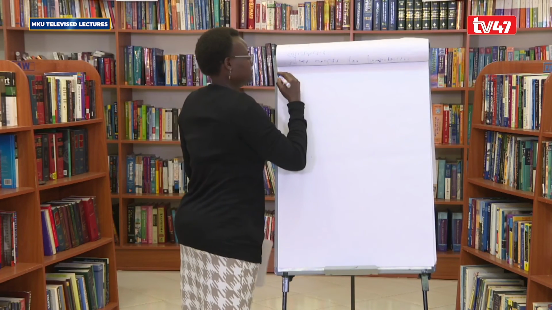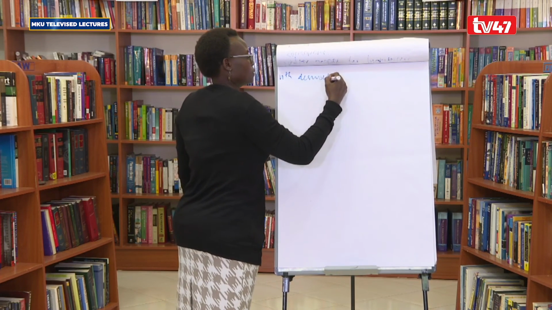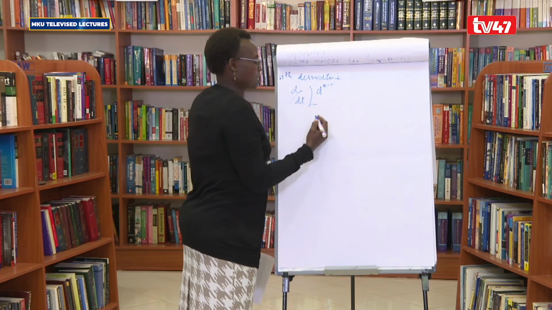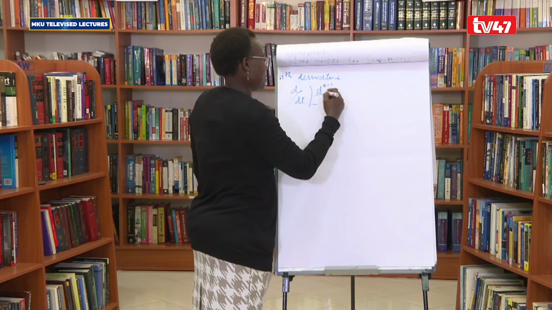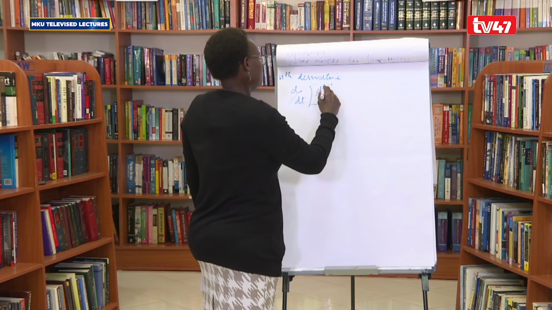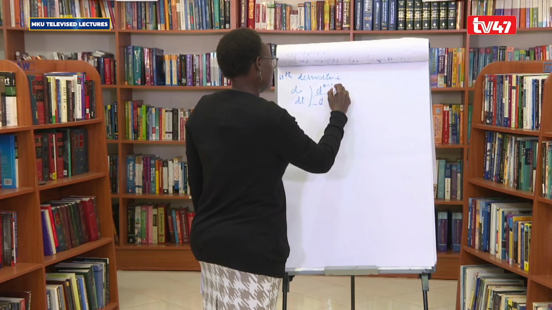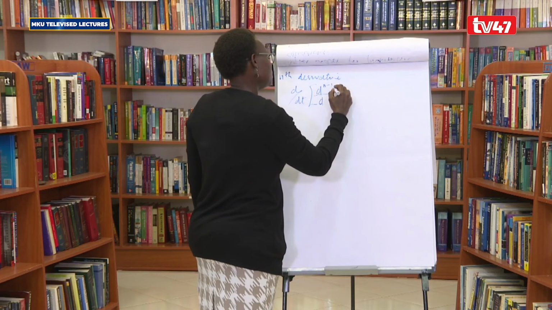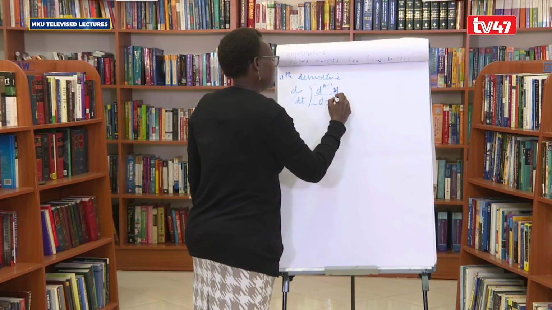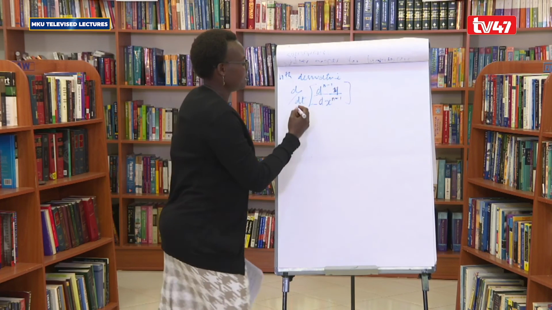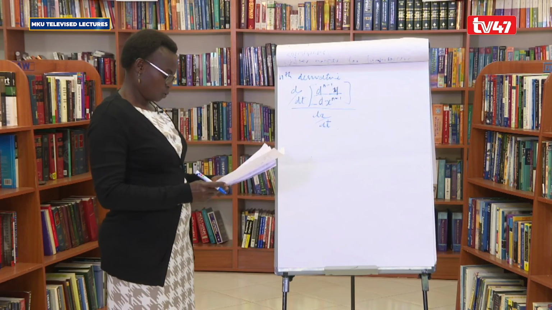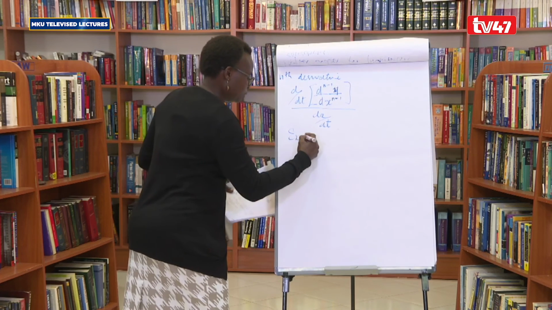The nth derivative would be d over dt of the (n minus 1)th derivative of dy over dx, and then we divide by dx over dt. So then if we go to examples,